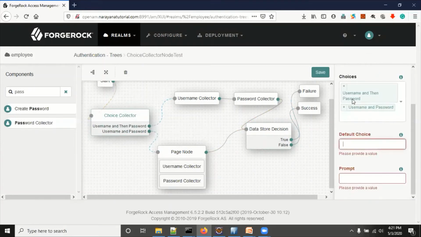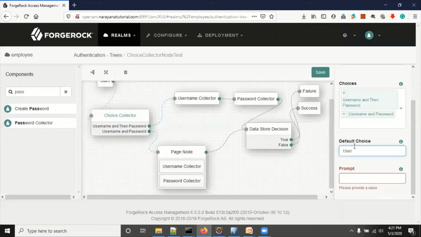Here you mention which option you want as the default choice, and you have to mention the same name you used in the top-level choice. That option will be selected automatically. Username and then password is the default option.